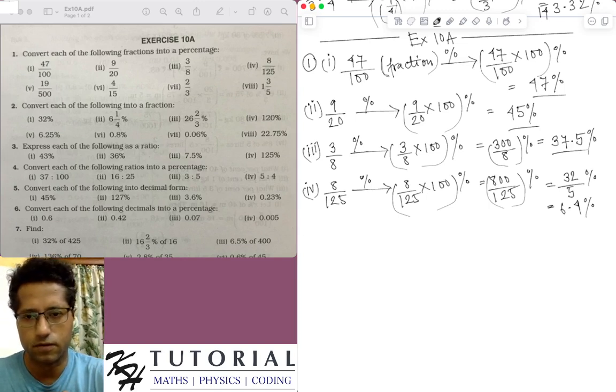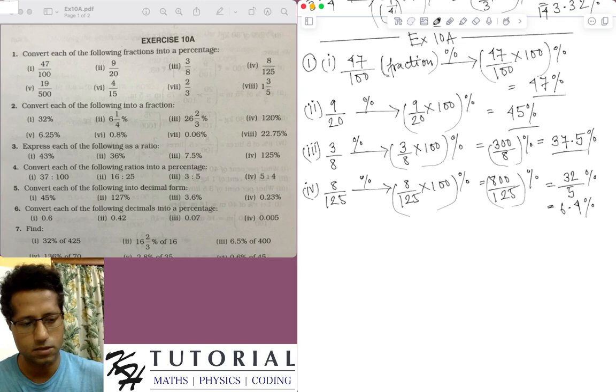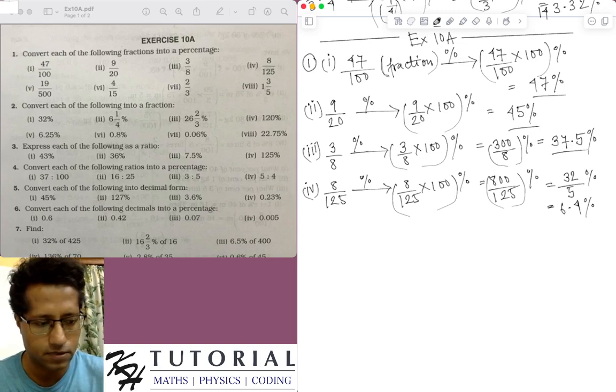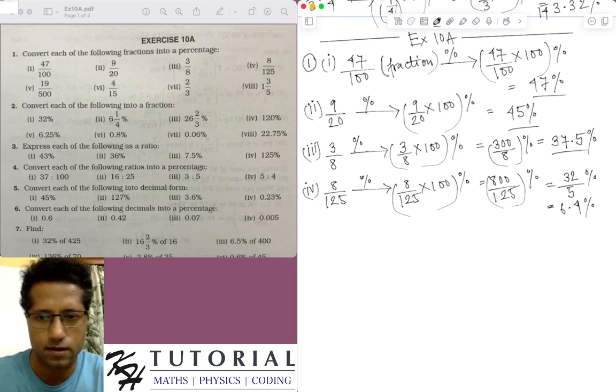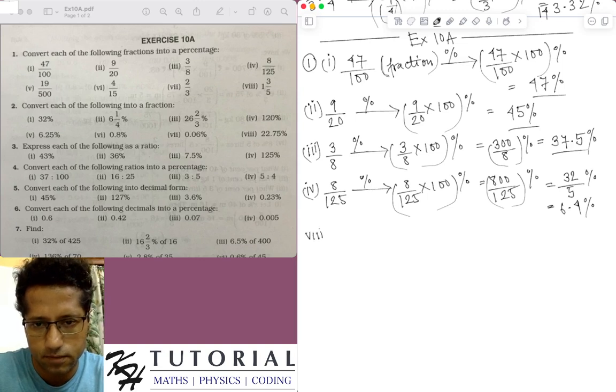Just to convert a fraction to a percentage, you just multiply the fraction with 100. So I don't think I need to do the rest of the parts. It's okay. Let me do 8. It looks a little different, but